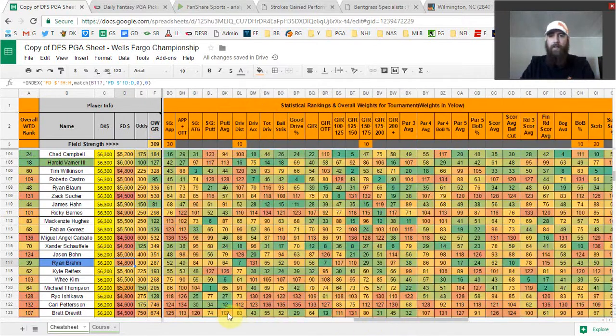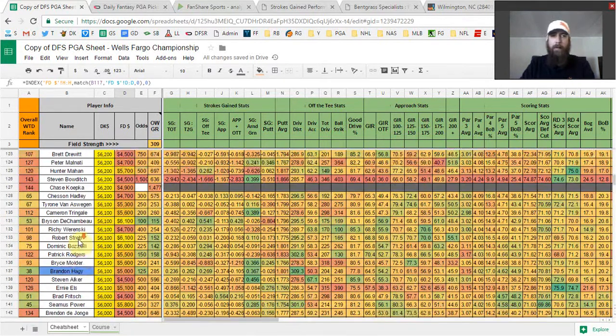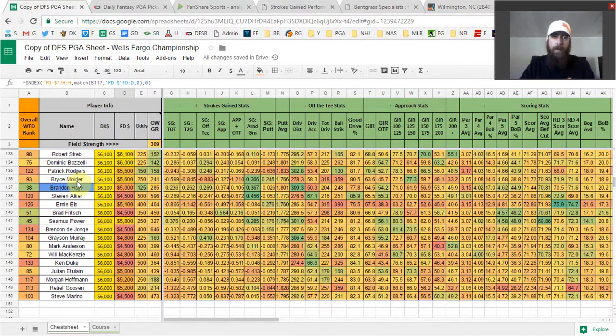Like I said, if I'm running 10 lineups, I'm probably only going to have him in 1 or 2. I think that'll be enough to be overweight on him because he's probably going to be in that 2-3% range maximum. One of my favorite plays last here is going to be Brandon Hagee at $100 more than minimum salary